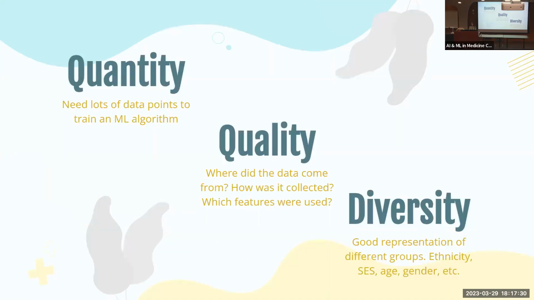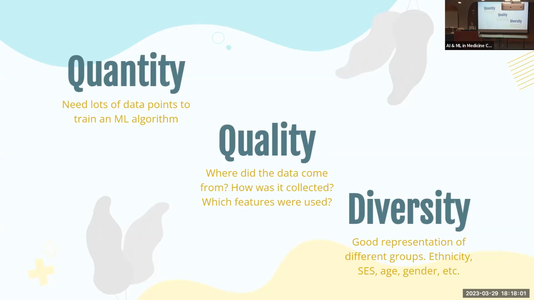These are the three hallmarks of what makes data good. In machine learning, it's really important to have lots of data. You need lots of examples, so that's the quantity aspect. You also want to look at the quality of the data. If we're looking at images, what kind of cameras are we using? What are we doing to make sure that the data is actually of high quality? If it's genetic data, is the data corrupted during the process? If it went through Illumina sequencing, are there any missing areas, or is there lots of noise? So what is the actual quality of the data?